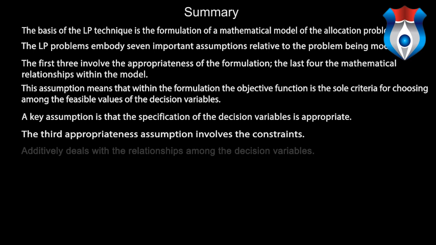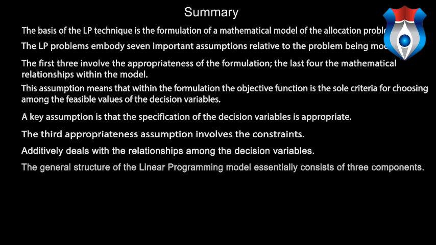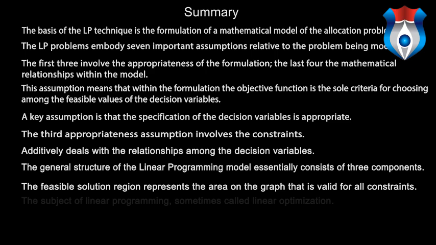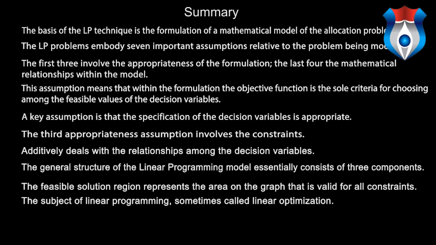The third appropriateness assumption involves the constraints. Additivity deals with the relationships among the decision variables. The general structure of the linear programming model essentially consists of 3 components. The feasible solution region represents the area on the graph that is valid for all constraints. The subject of linear programming, sometimes called linear optimization,